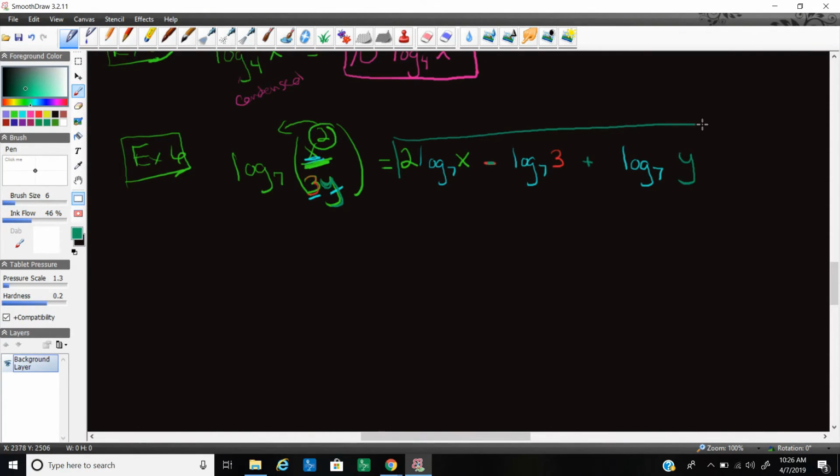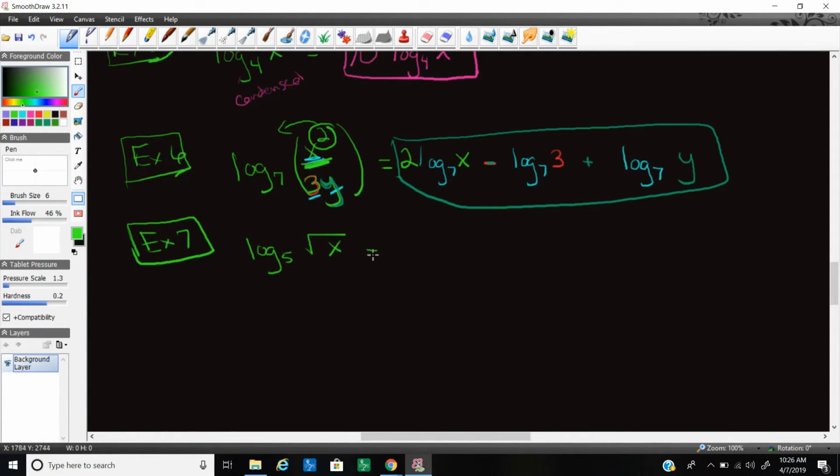And that's it. That's your expanded form. Okay, a couple more examples, and that'll be it for this one. Let's say we have something weird looking like, let's say, log base 5 of the square root of x. This one is actually just the third property, but I did want to show it because people tend to